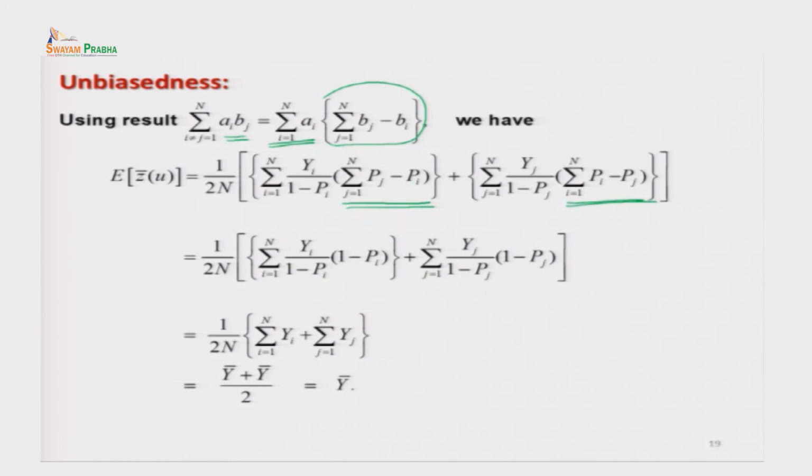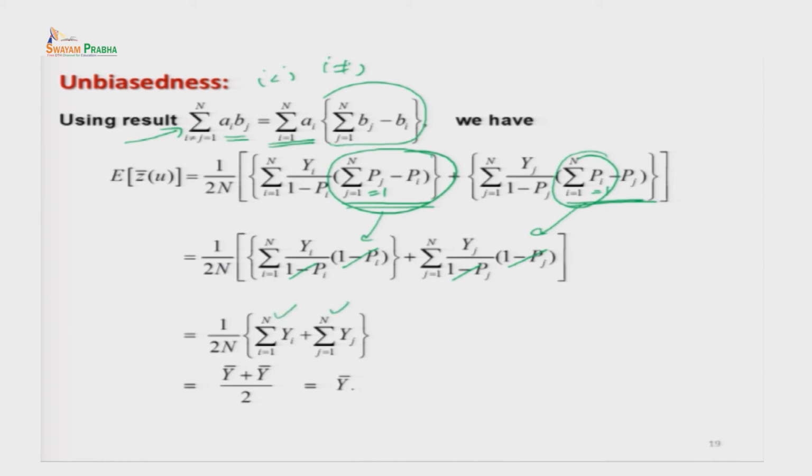Now if you try to see the advantage, the first advantage of changing the summation i less than j to i not equal to j was that I can use this result. And once I am using this result, you can look at this factor. Summation pj is going to be 1 and summation pi is going to be 1. So now this factor becomes 1 minus pi and 1 minus pj, and 1 minus pi and pj are going to be cancelled here, and then you are getting